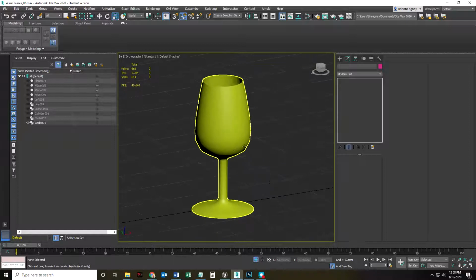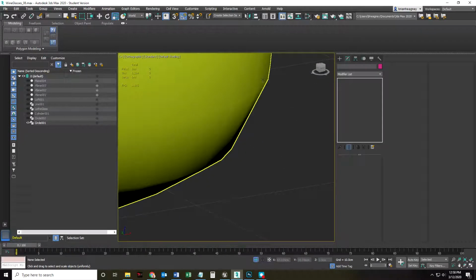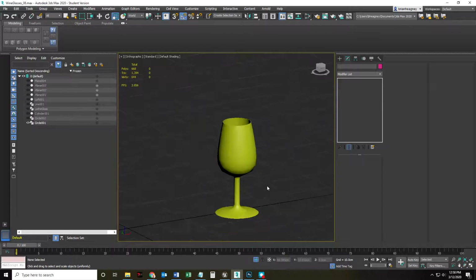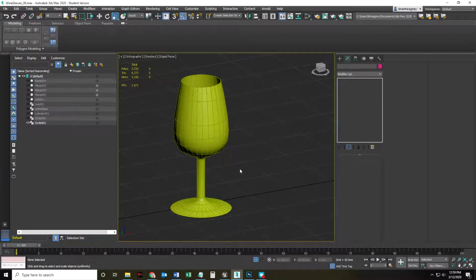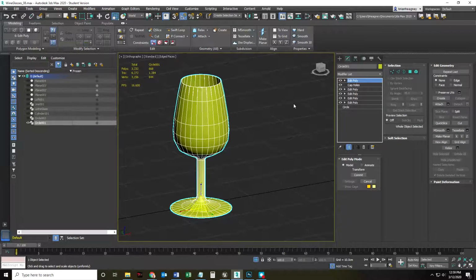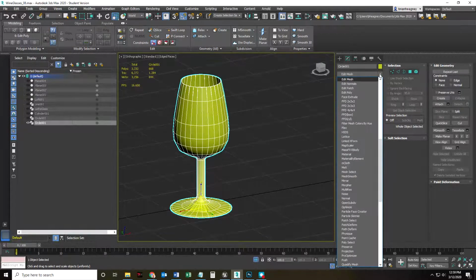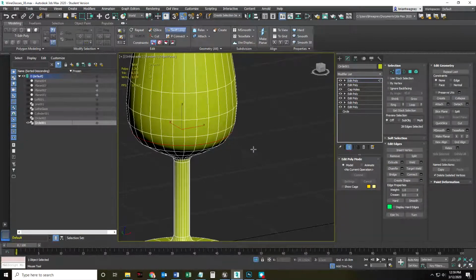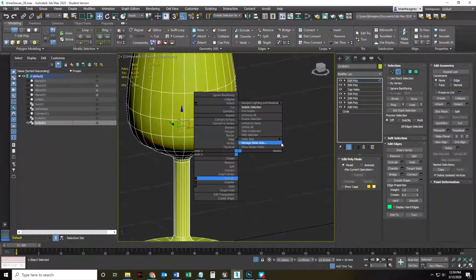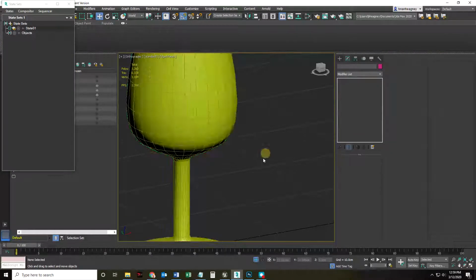For instance, this one has a little facet right about here, and I can see that from fairly far away. So I'm going to want to actually fix that. I'm going to tap F4 to see my edges and select this object. Personally, I'm going to add another edit poly in case I totally ruin what I'm doing. I'm going to use Swift Loop, and hold down Shift so that I can split the difference between these two edges. Left click there. And now I'm going to right click to disable Swift Loop, right click, left click that, select off of it,